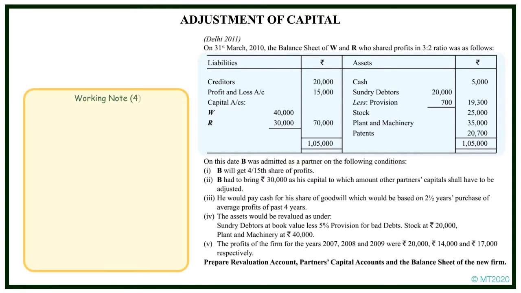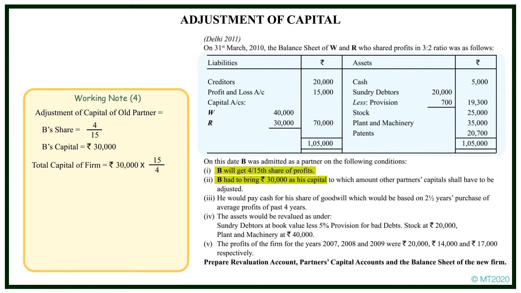The next working note is working note for adjustment of capital of all partners. In this adjustment, we will first find out what is the total capital of the firm, and based on the total capital of the firm, the capital of the partners W, R and B would be adjusted. As we know, B's share is 4 by 15th and B's capital contribution is 30,000. We would make use of these two pieces of information to first find out the total capital of the firm. So total capital of the firm is equal to B's capital into reciprocal of B's share,